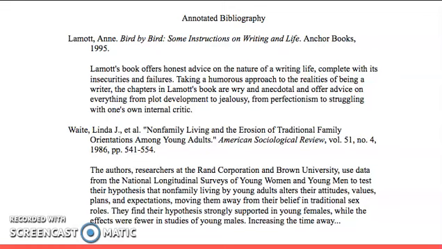Finally, the formatting of your annotated bibliography. The annotated bibliography should look like your works cited page with annotations under each citation. Remember that each citation should still be listed in alphabetical order and should have a hanging indent where the first line is flush to the left and everything else is underneath. The annotation likewise is usually indented underneath the citation, so it's clear to see which annotation goes with each citation.